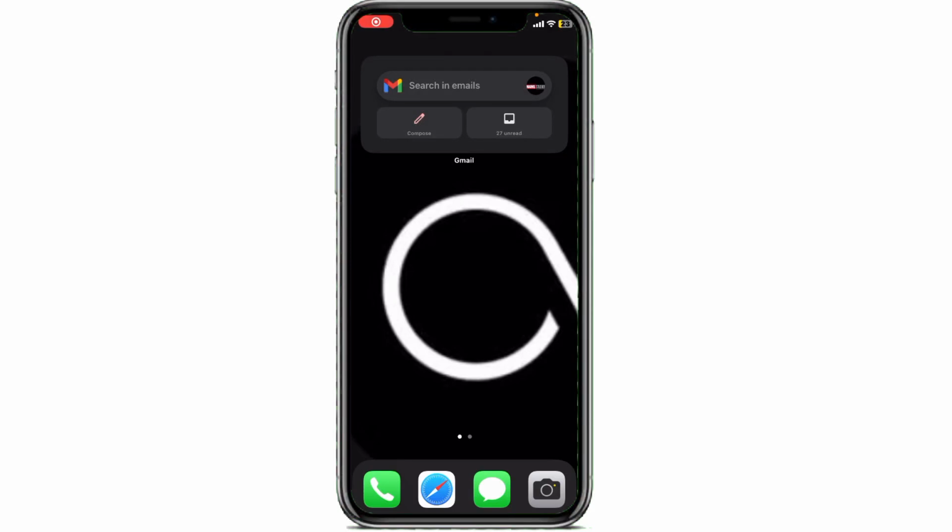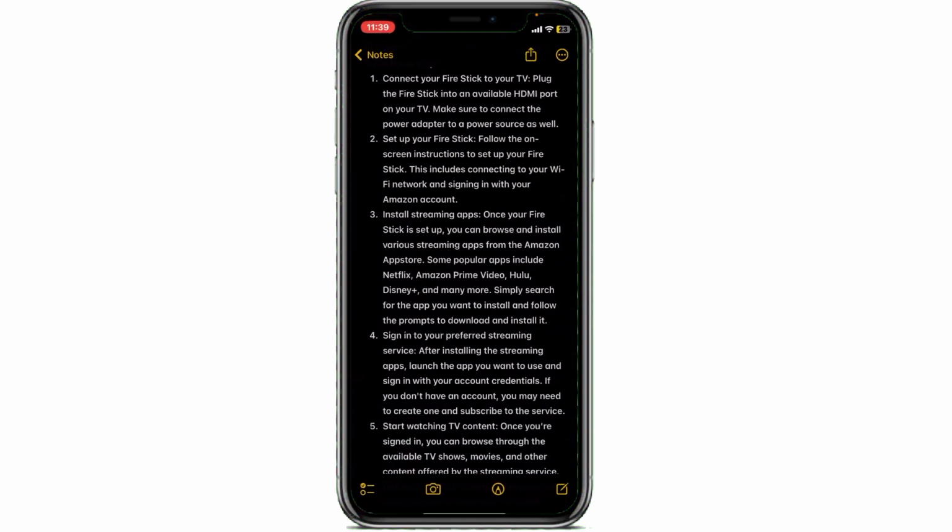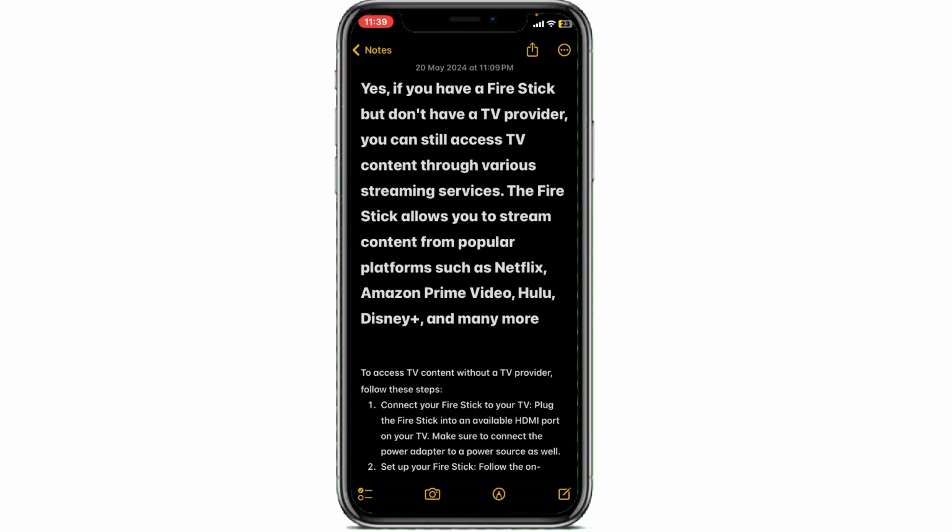If you have your FireStick with you, if you have connected your FireStick to a TV, then how can you simply watch live channels, watch local channels, and watch the normal TV channels through your FireStick? For this, I have already noted down some of the best steps for you in this field that